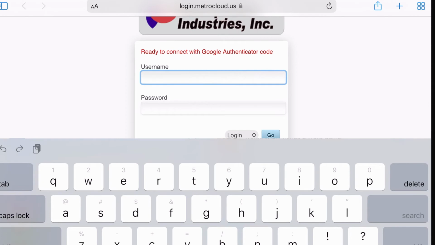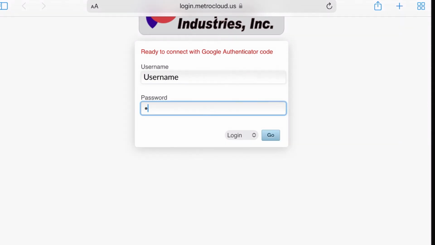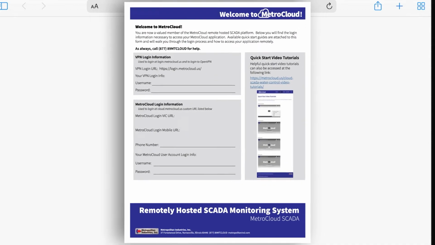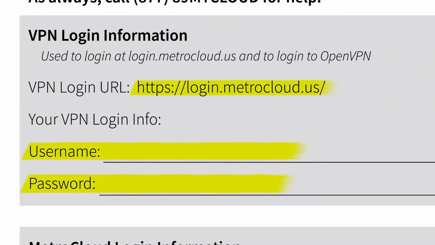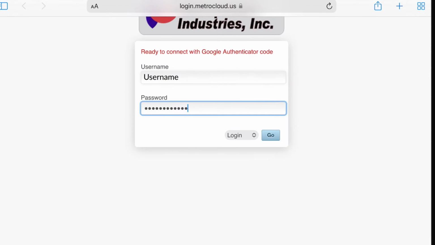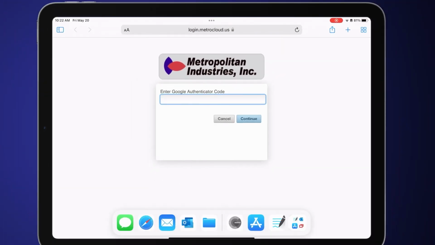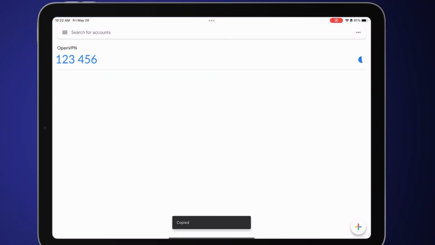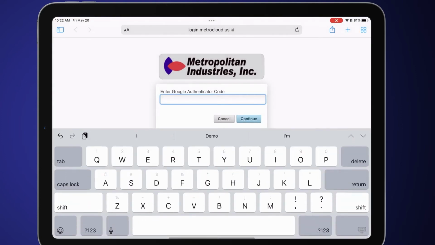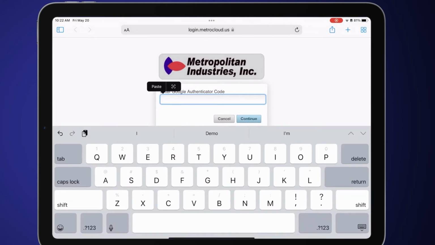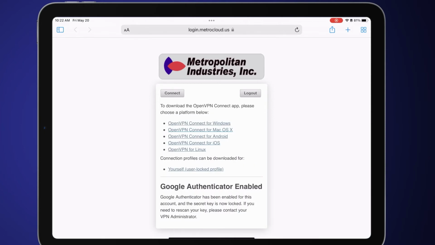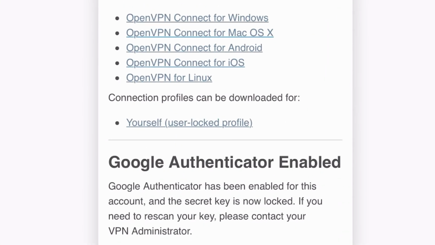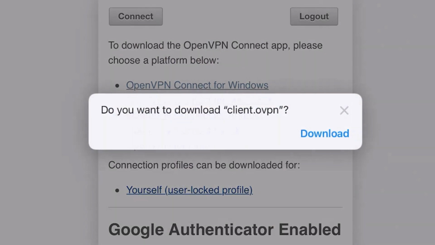To test Google Authenticator, log back into your MetroCloud account using the same VPN login credentials as shown in the VPN login information section on your MetroCloud login information sheet. This time, it will ask for a Google Authenticator code to complete the login process. After logging in, tap the bottom link, Yourself User Locked Profile. Confirm that you want to download